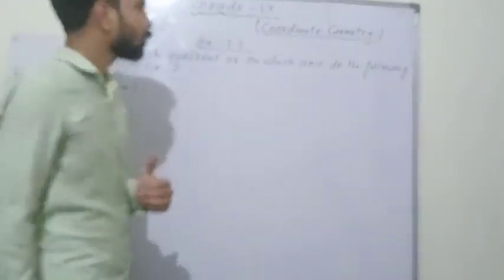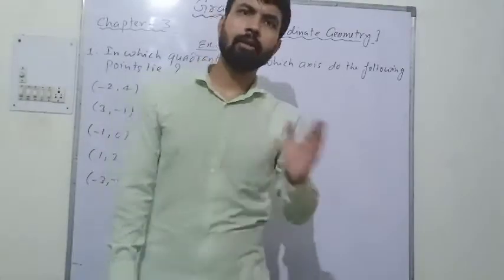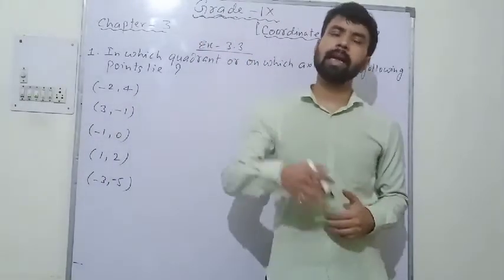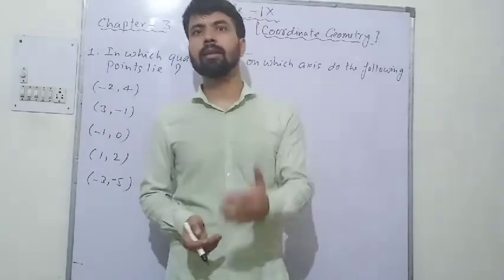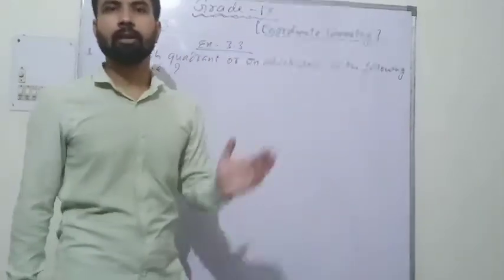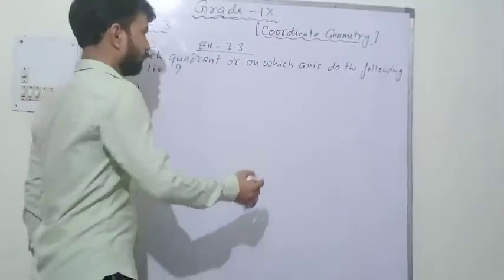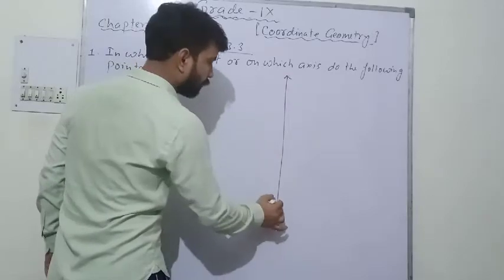Clear? So I told you that in the first quadrant abscissa and ordinate both are positive. In the second quadrant abscissa is negative, ordinate is positive. In the third both are negative. In the fourth quadrant abscissa is positive and ordinate is negative. So what we will do? First we will have to